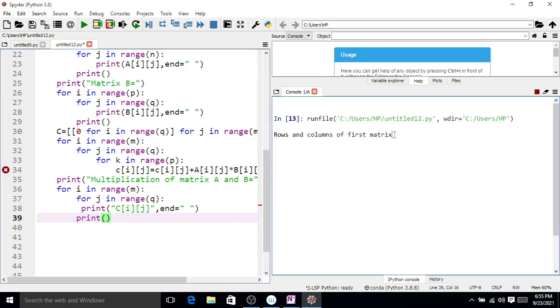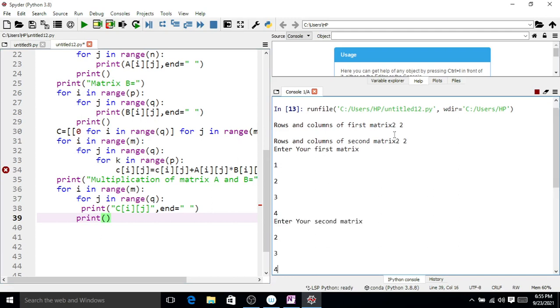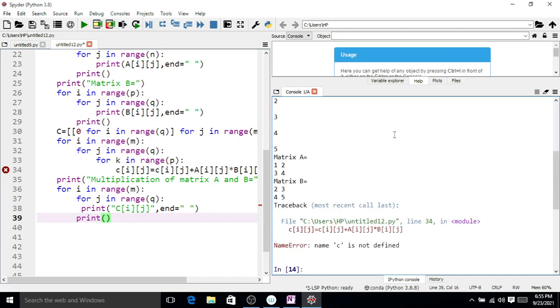Number of rows and columns of the first matrix, so 2 by 2. The second matrix, say again 2 by 2. So here the first matrix is 1 2 3 4, then 2 3 4 5. So one error: C is not defined here, small c, capital C. Clear.